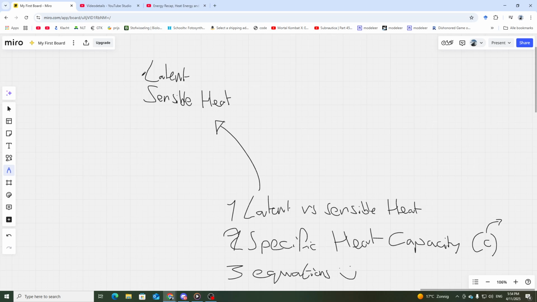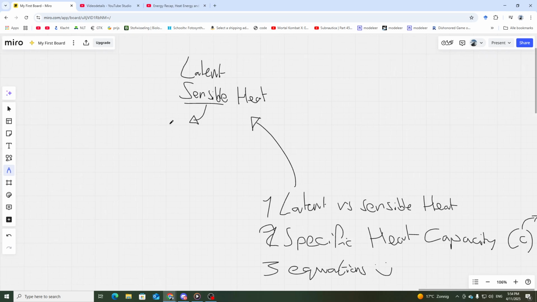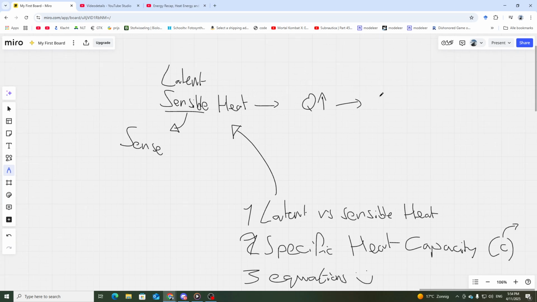These names are based on real words that should have a meaning to you. Sensible comes from the word sense, that your senses can pick up on it. So sensible heat means heat energy that we can feel the difference of. So sensible heat change means that if we increase the amount of heat energy, there is also an increase in